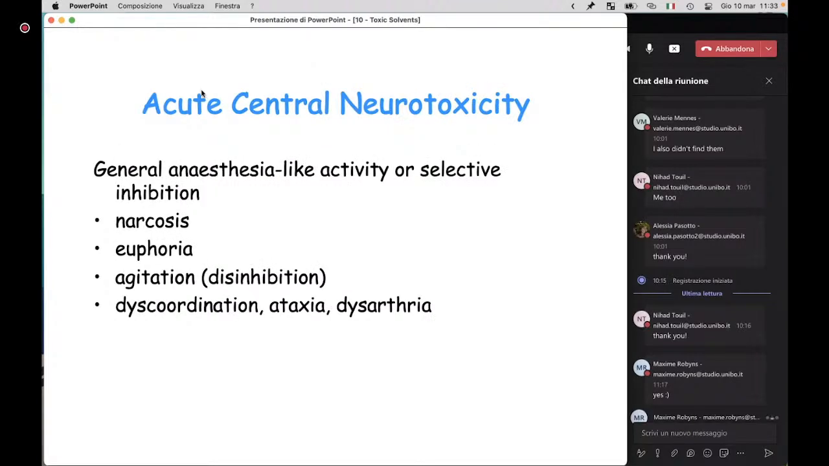Okay. For the central nervous system, we have central neurotoxicity, and this is probably mainly due to a general anesthesia-like activity. I have already told you that this is generally the disruption of nerve membranes that impairs nervous transmission. Okay, so the impairment of neurotransmission is due to disruption of cell membranes due to lipophilicity of solvents. So you can have narcosis or the opposite, euphoria, agitation, ataxia, dysarthria. Dysarthria means difficulty in speaking. Discoordination, of course,